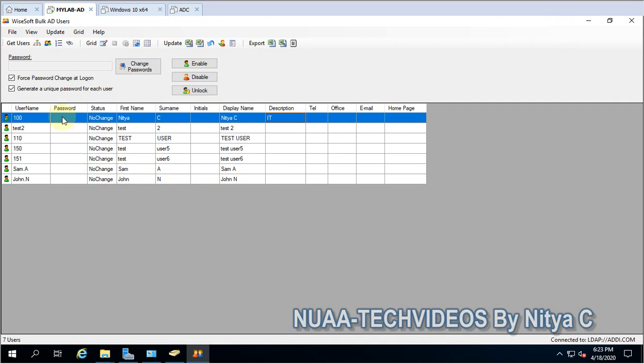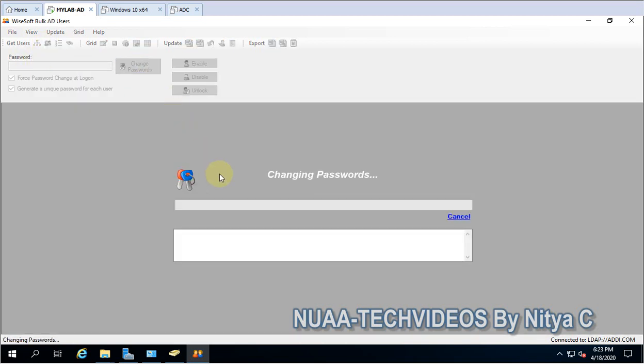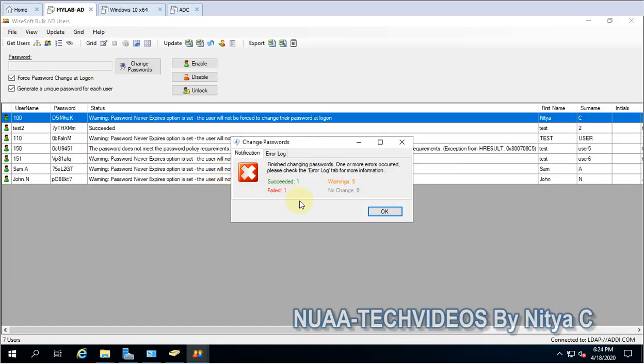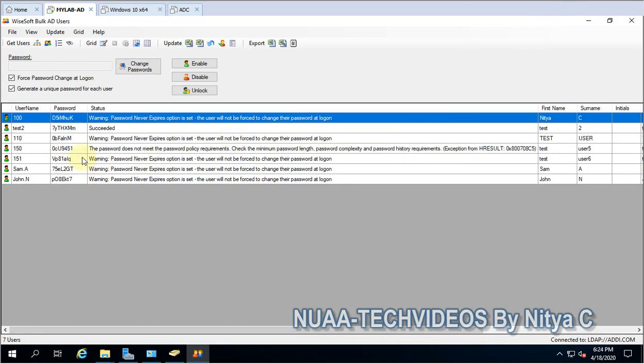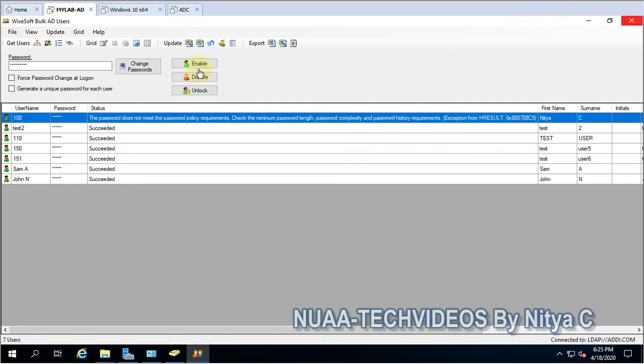Apart from this, if you want to modify the password for all, you can do that with change password. This is a random password which is picked, but if you want to change the password as per your choice, this option is available. If you want to give a random password, you just need to remove this click and you can select the password for all.